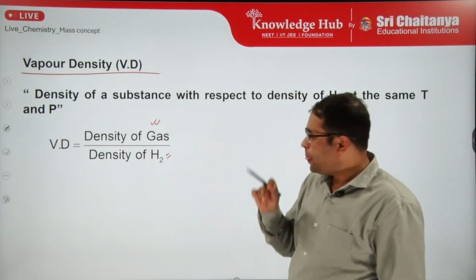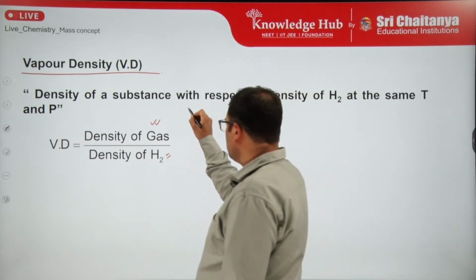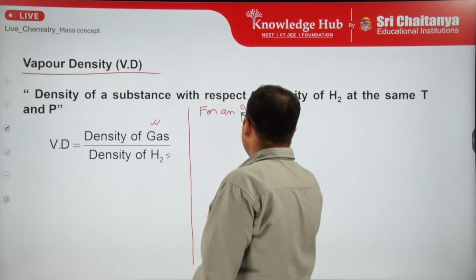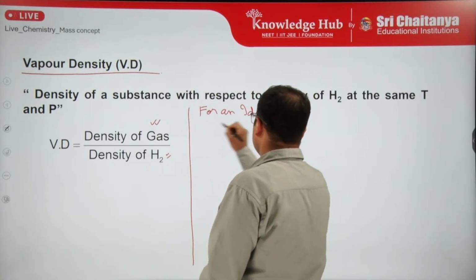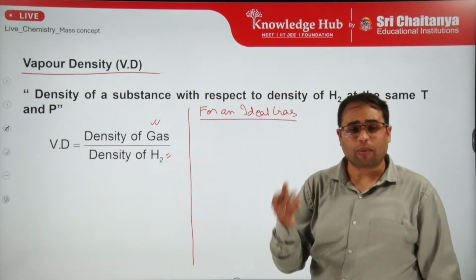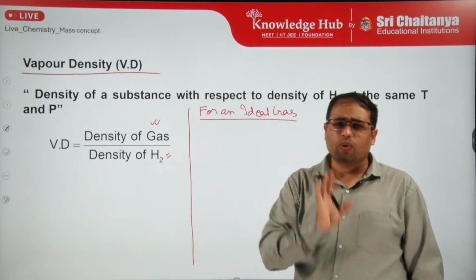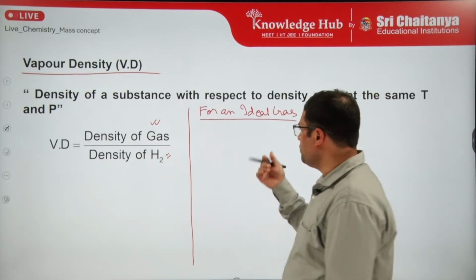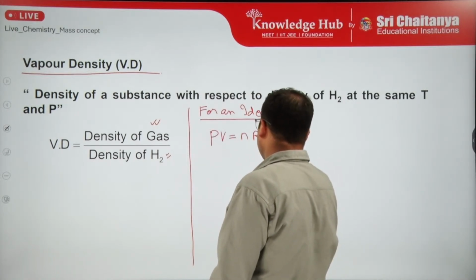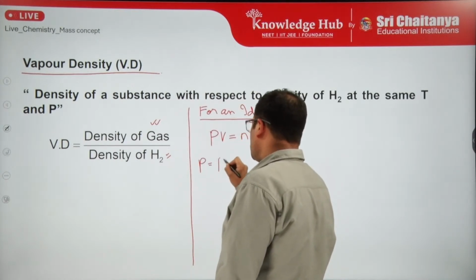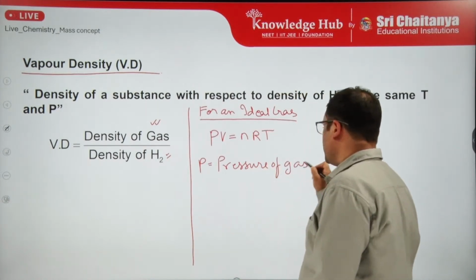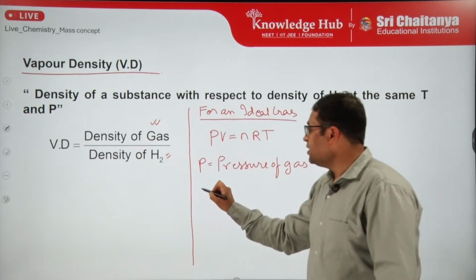For simplifying that, let me tell you an equation. For an ideal gas, we have an equation. You'll get to know about what is an ideal gas and what is not in your upcoming chapters. But for now, let us only consider that we have an ideal gas. The equation goes like this. We have PV equals nRT, where P is the pressure of the gas, obviously an ideal gas,